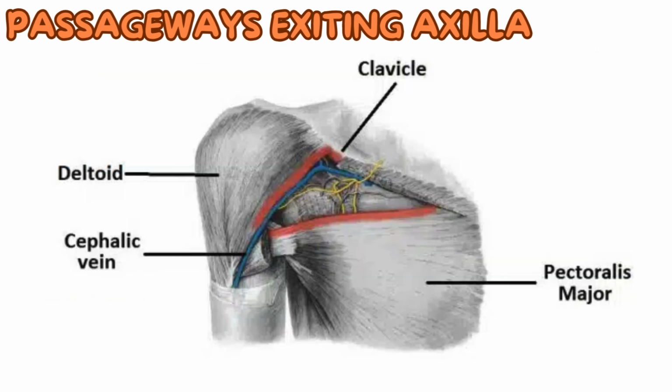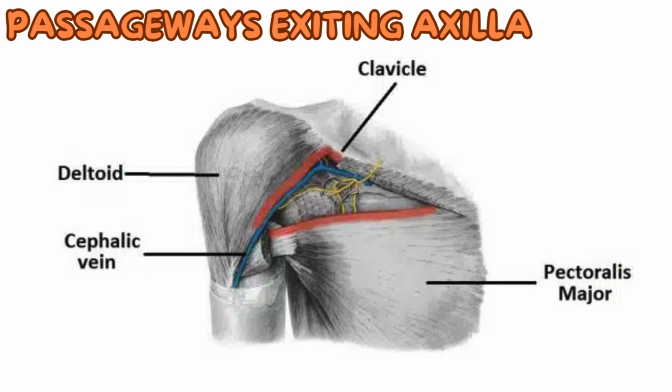Another pathway is through the quadrangular space. This is a gap in the posterior wall of the axilla, allowing access to the posterior arm and the shoulder area. Structures passing through include the axillary nerve and the posterior circumflex humeral artery, which is a branch of the axillary artery. The last passageway is the clavipectoral triangle, which is an